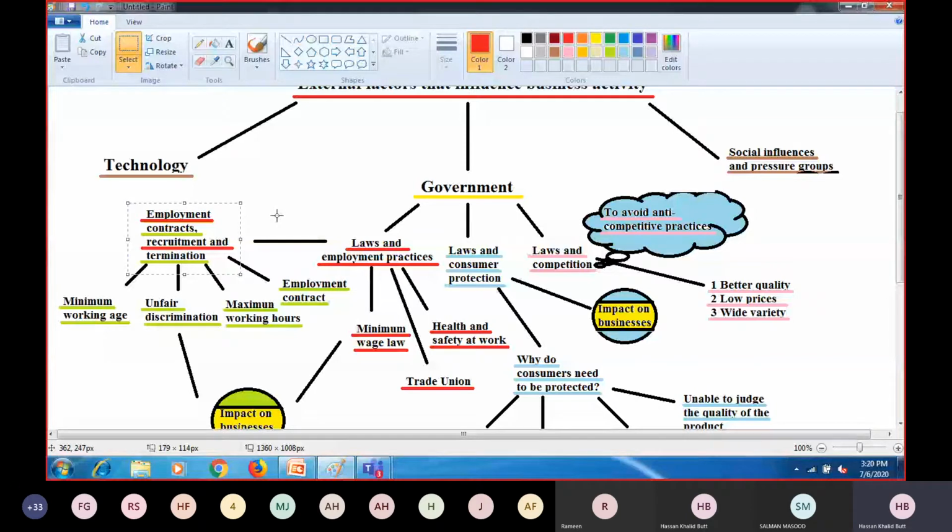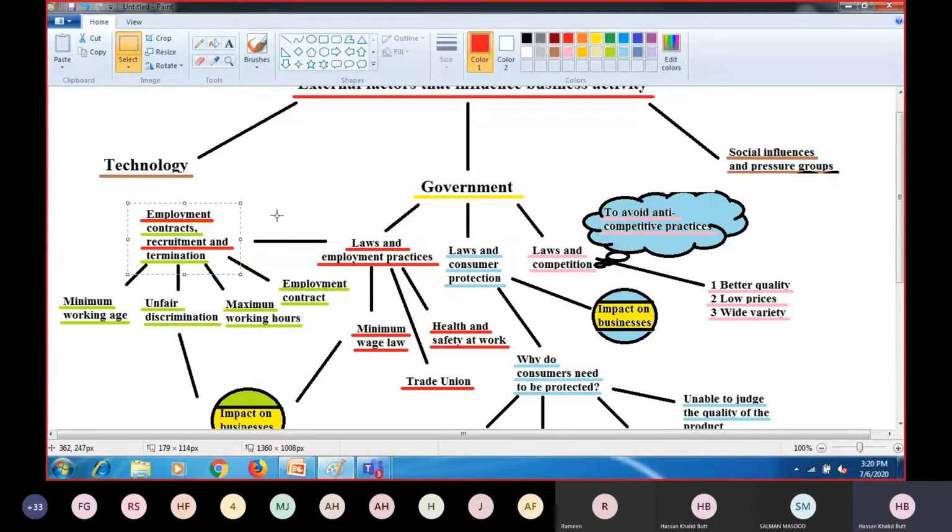Government has clearly mentioned that once an employee is hired, you have to give an employment contract to the person. If you are hired by somebody and are not given the employment contract, you can simply ask your employer, I'm not getting my employment contract, when will I get it? This is your legal right given by the government, by the laws, because labor laws are there. Labor laws are laws which are there to support workers, so it gives an advantage to the employee.